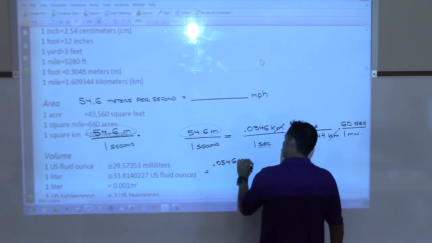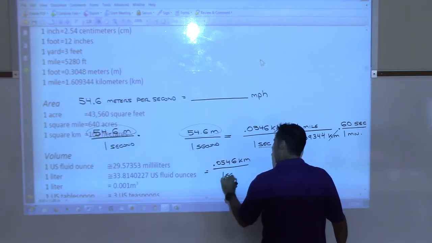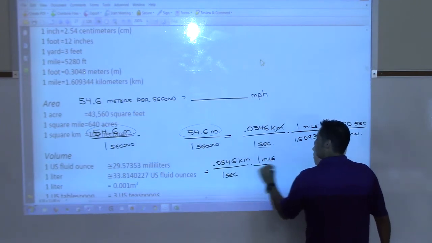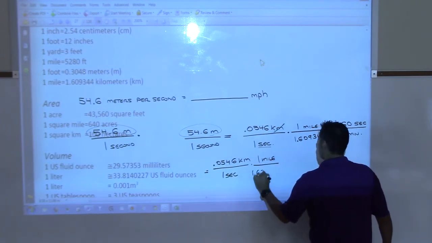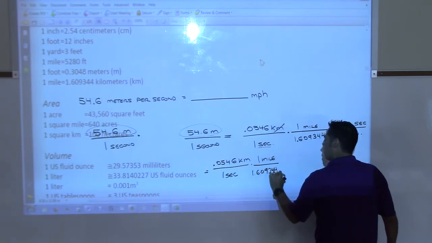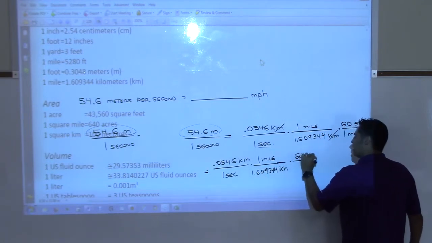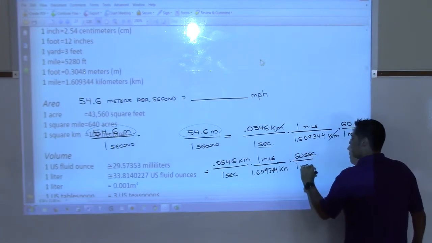6 kilometers over 1 second. We multiply that times 1 mile over 1.609344 kilometers. And then we multiply that times 60 seconds over 1 minute. And then